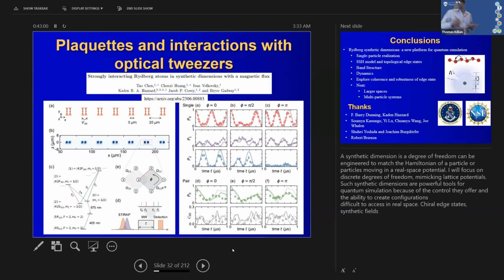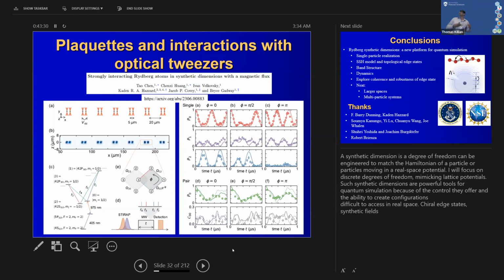Okay, so this is a good time for me to wrap up. I just want to take a minute or so to point out the really nice work done in the Covey and the Gadway lab at Illinois Urbana-Champaign, although Gadway is moving to Penn State. So they were able to realize optical tweezers, and they just had pairs of atoms close to each other. So you just think of these two atoms and their tweezers, and they connected 4 states